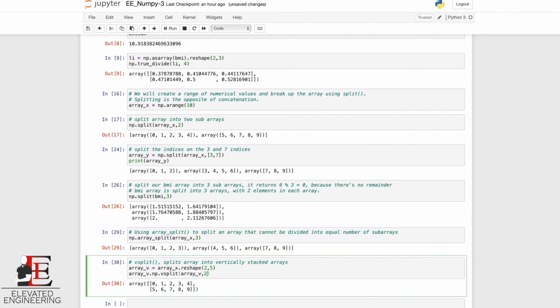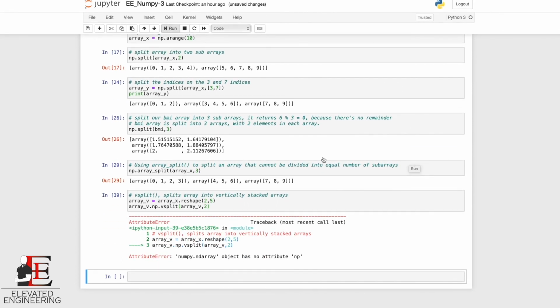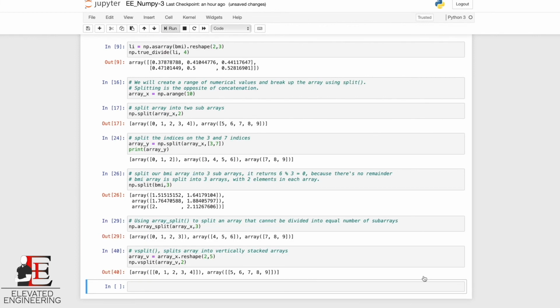I'm gonna split into two different subarrays, right? Take that off. np.vsplit. Here we go. All right, now you can see it's a little neater. It's a little bit easier to read as opposed to